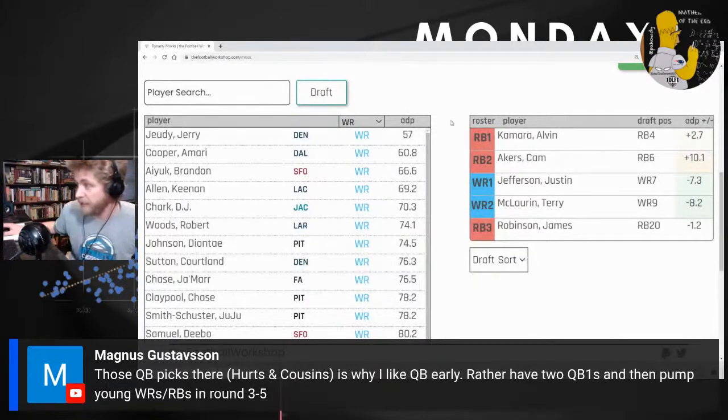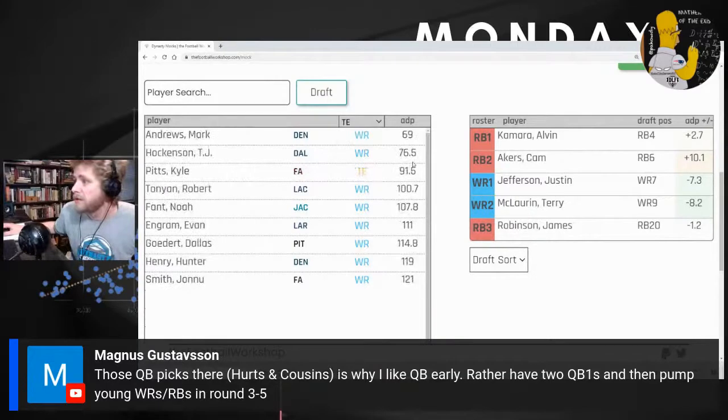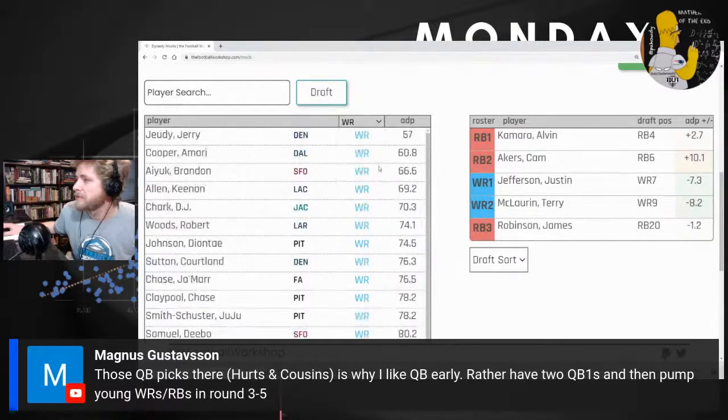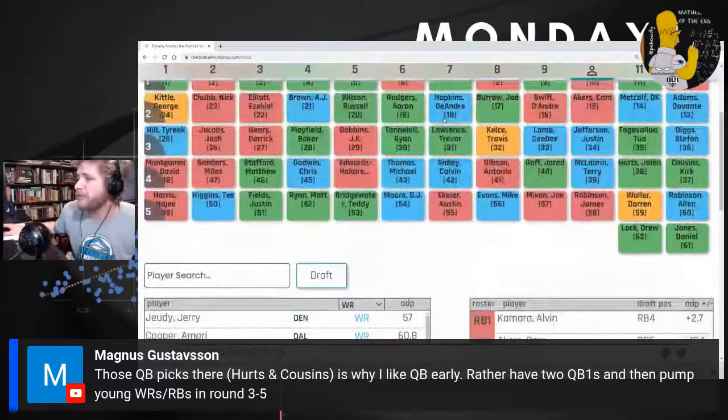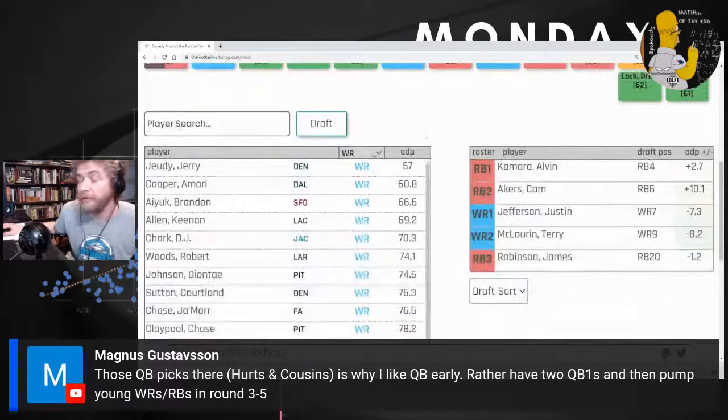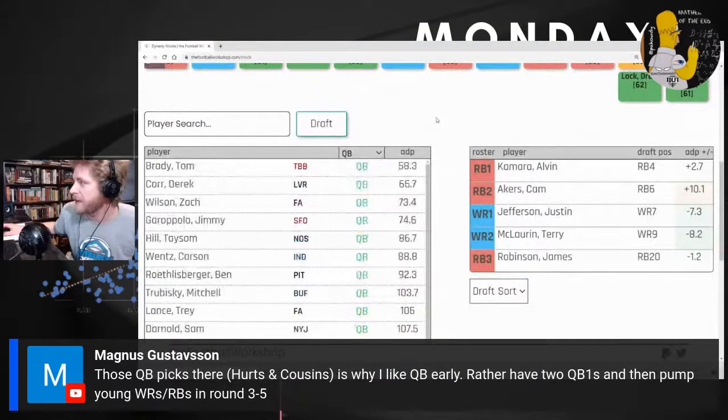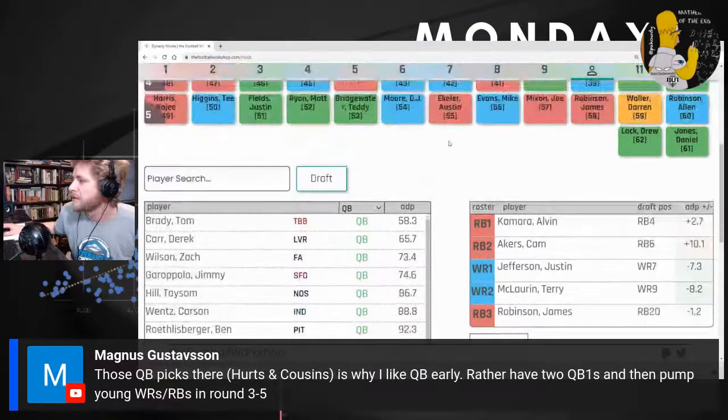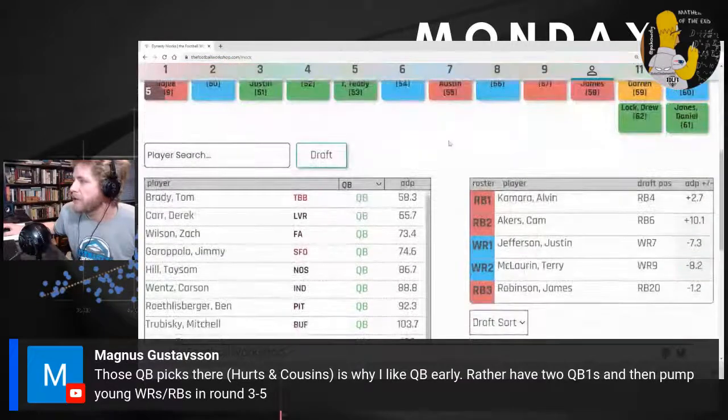Actually, I like these top 3 wide receivers. Kittle's already gone, so I'm done with tight end. I guess we could take quarterback, but I'm just fine with getting Tom Brady and Ben Roethlisberger if I think they'll last. They might not, according to this ADP the app's got for me.